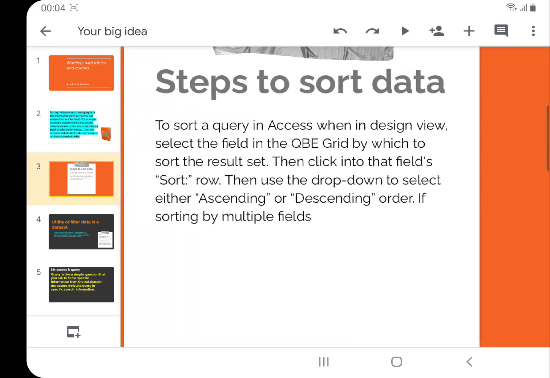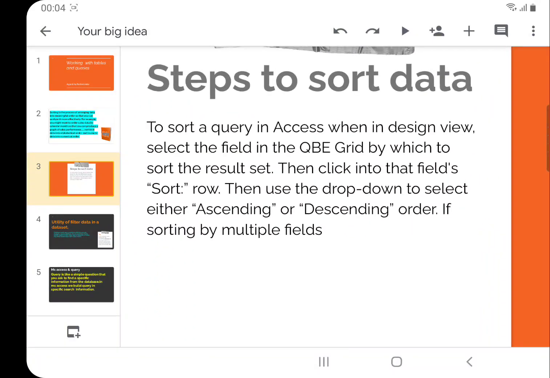If you want to sort the data, what are the steps to follow? We have to follow these simple steps to sort a query in MS Access. We are talking about the MS Access screen, not Excel. Excel is also very similar to the screen of MS Access, but there are some differences and some big advanced features present in MS Access.